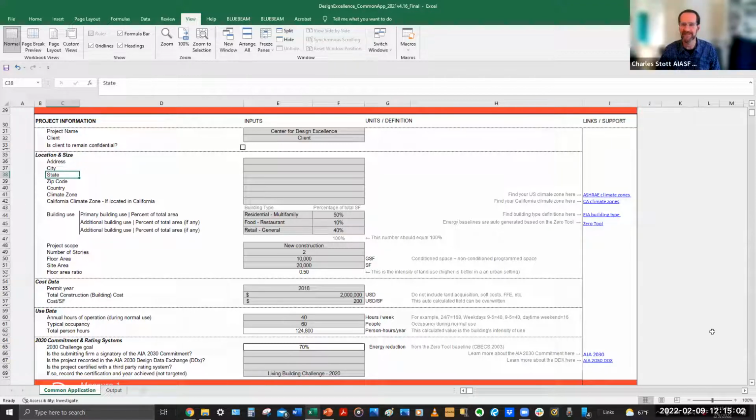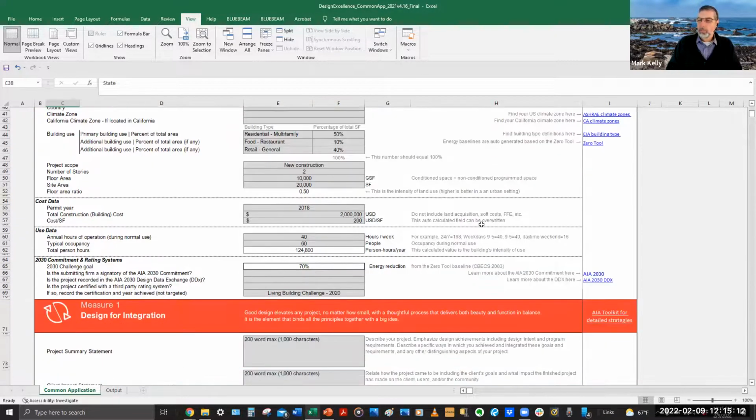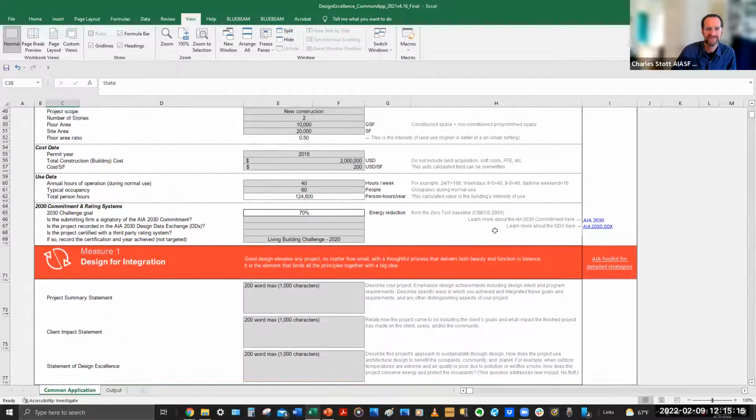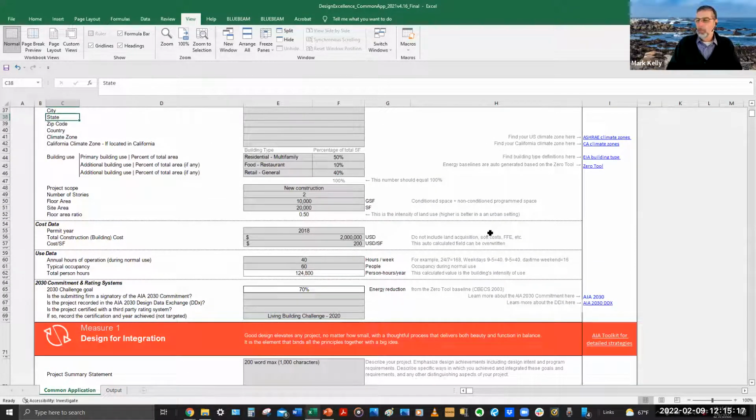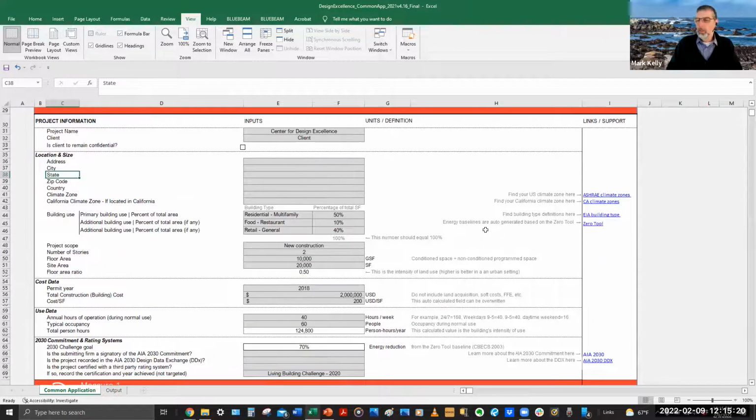If everybody can mute. So the key point is, even if something's not been considered, that's fine. You're not necessarily going to be penalized for it. It's just a question of being transparent and saying, no, this was not a key driver on this particular project, and so we did not do that. You're not going to be penalized, but it will significantly help both the technical reviewers and the jury understand the context within which the project's been designed.